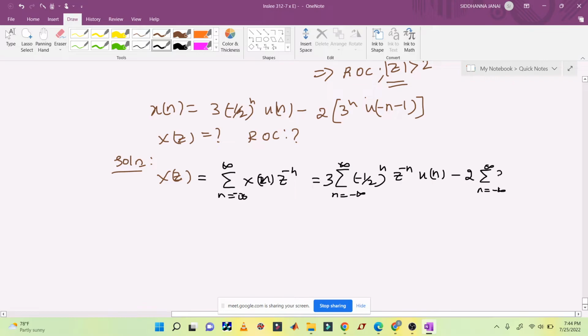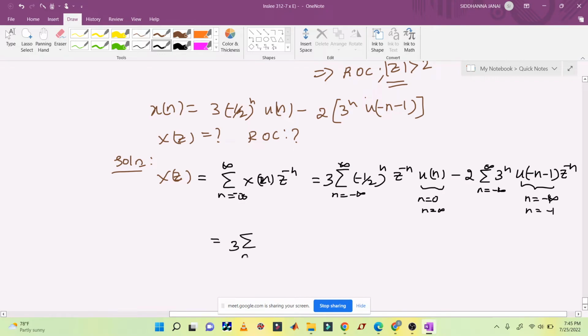Then we have 3 to the power n, u of minus n minus 1, z to the power minus n. So it indicates the limits of n equal to 0 to infinity, and this indicates limits from n equal to minus infinity to minus 1. So we will remove that and we will write